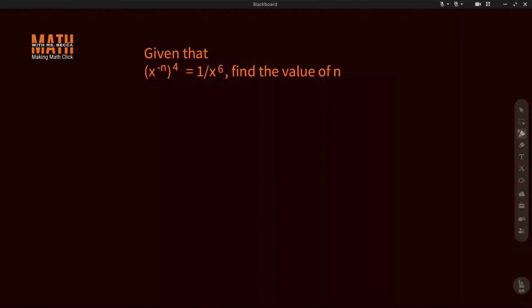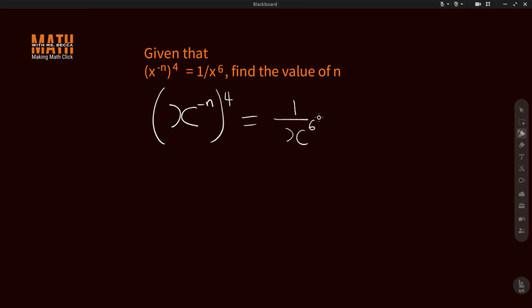Let's solve this together. Given that x power negative n, then all power 4, is equal to 1 over x power 6. We are to find the value of n. Now, let's first open this bracket such that we have x power, the law of indices, we multiply the powers